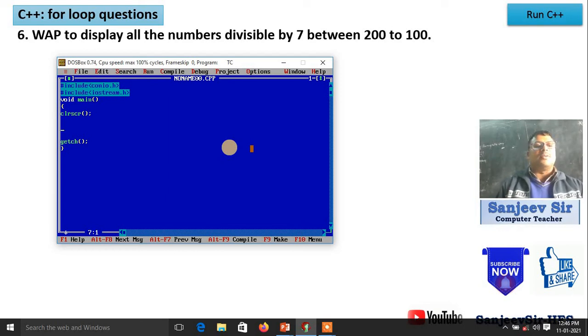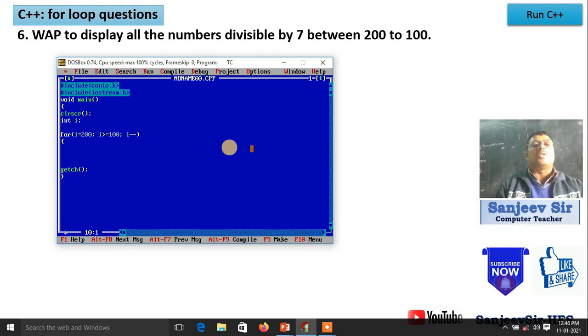So we make a loop with I. The first value of I will be 200, according to the question, and I greater than or equal to 100, with I decreasing. That means we need I minus minus, because we have to go from 200 down to 100.